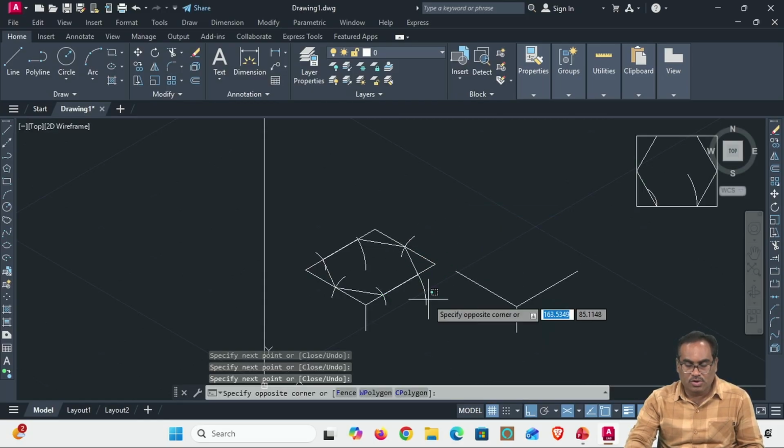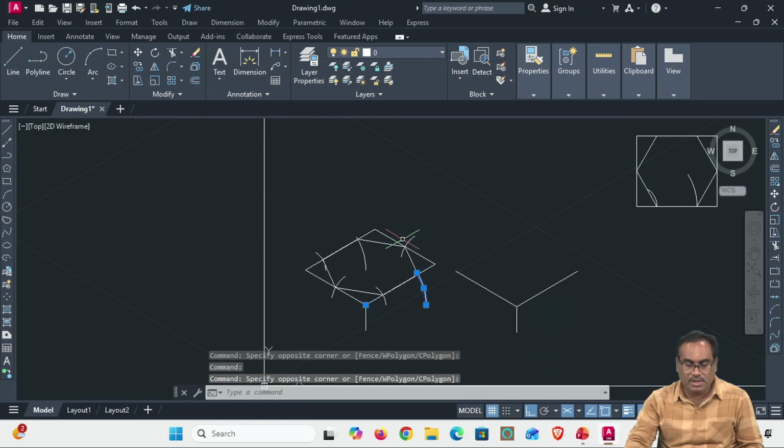Okay, right. So if you want, now you can remove these arcs so that you can clearly see the,